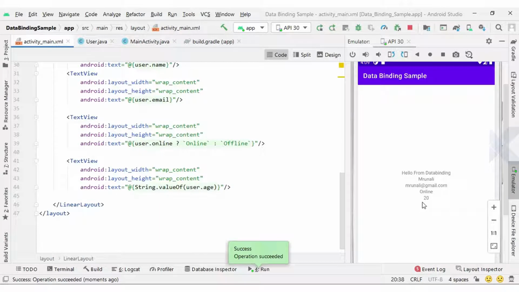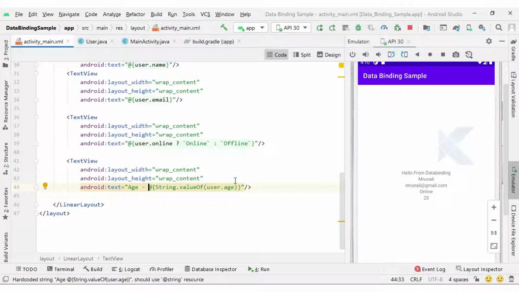Now 20 is just a number, but I want to show that it is age, so I can write age dash, and then after, okay, here we cannot write something like that, so I need to write inside this curly bracket, backtick age, and plus.